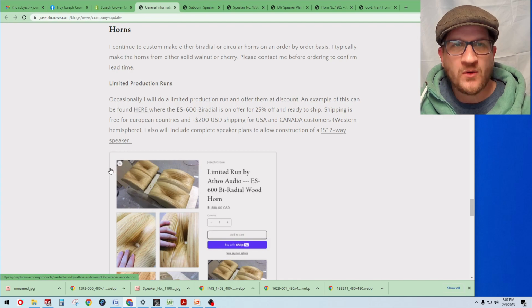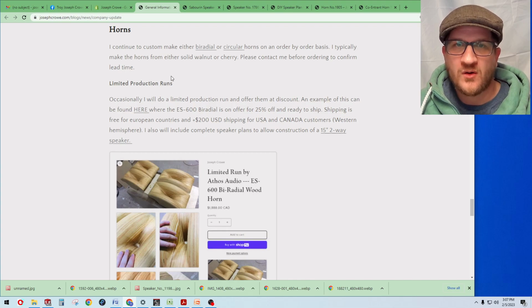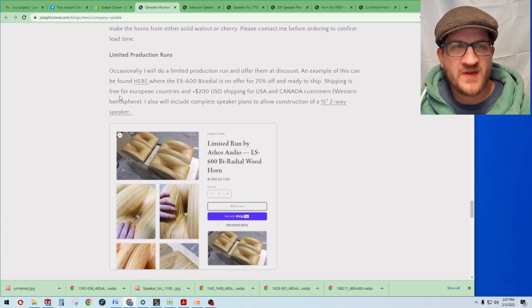And so the horns that I started to offer, I've offered this from the beginning since starting my company, the either biradial or circular horns that are CNC machined from solid hardwood. And so I continue to produce those on an order by order basis. However, I have started to do limited production runs of the most popular horns, and an example of that is